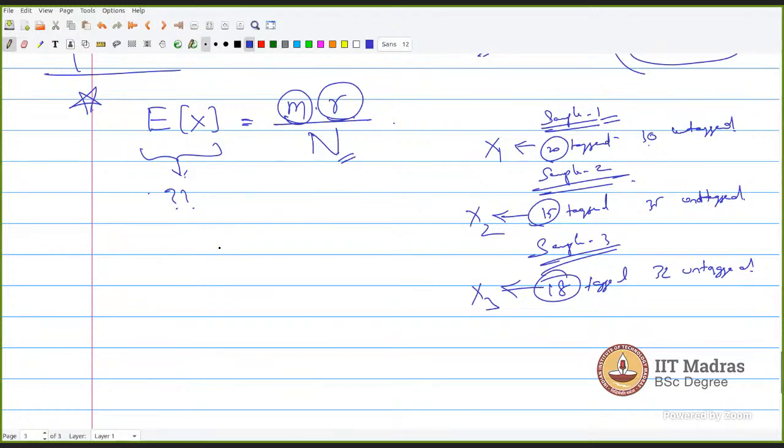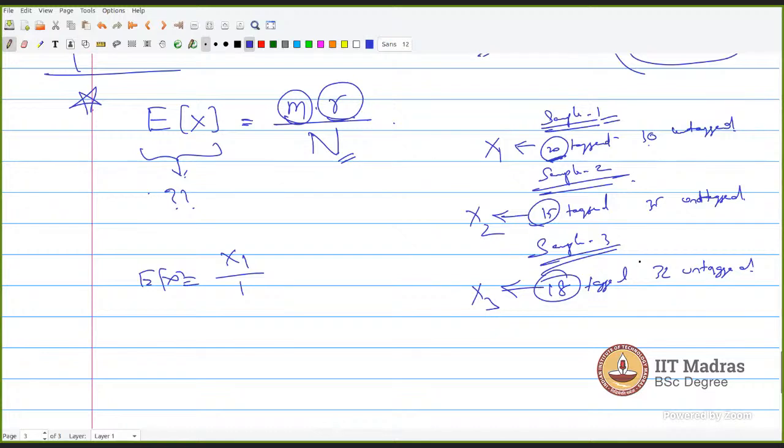Okay, look at it in a simpler way. Just identify which random variable you are looking at. Our random variable here is the number of tagged animals. The number of tagged animals has taken only one value, which is 20, in one sample. If I wanted to find the expected value of that, the expected value is the sample mean. So the expected value of x will be x1 by 1. I have only one sample, and out of that I have only the value 20, by 1.